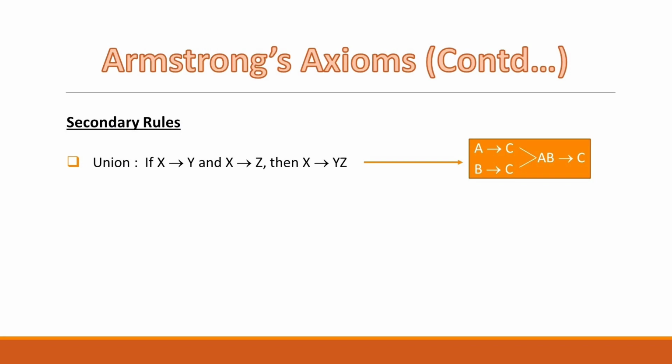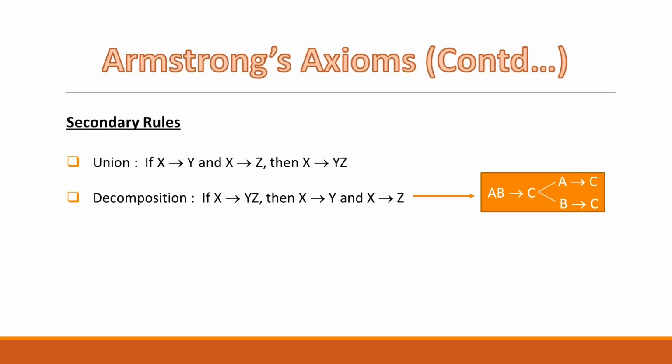Suppose there is a functional dependency from A to C and B to C. If we apply the union rule on the left hand side of these two functional dependencies, then we get a functional dependency from AB to C. But in the resultant functional dependency, the power of A and B have decreased, because previously C could be determined only from A or only from B, but in the resultant functional dependency, C depends on both A and B. Thus, applying union on the left hand side of two or more functional dependencies is not at all advantageous.